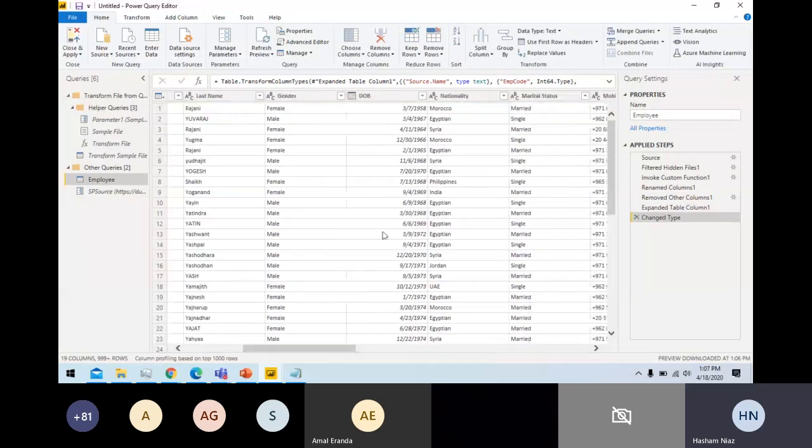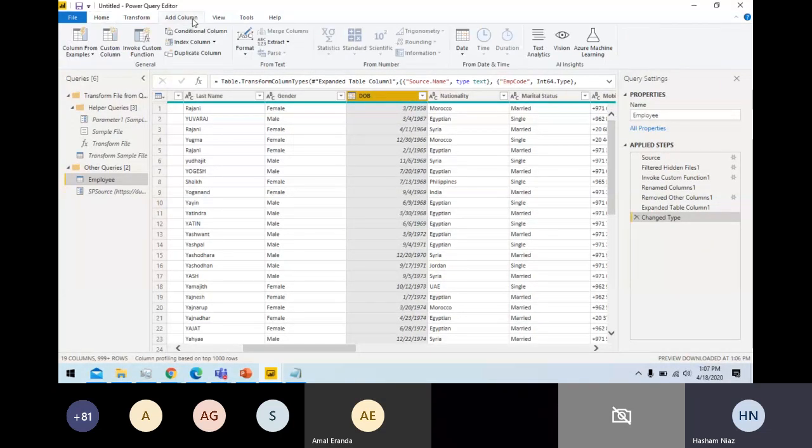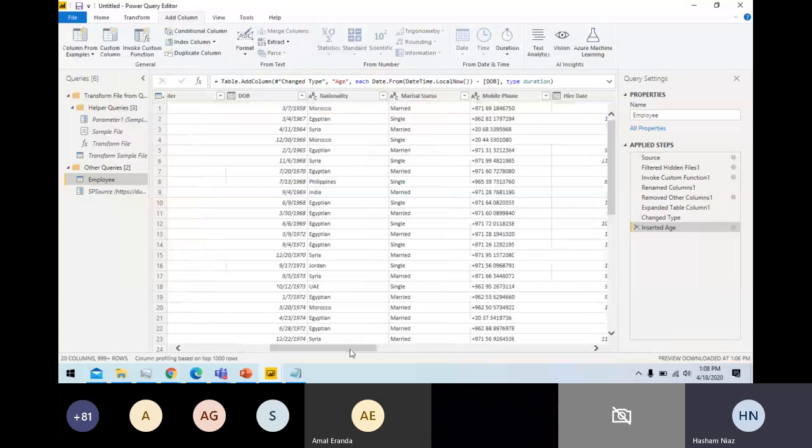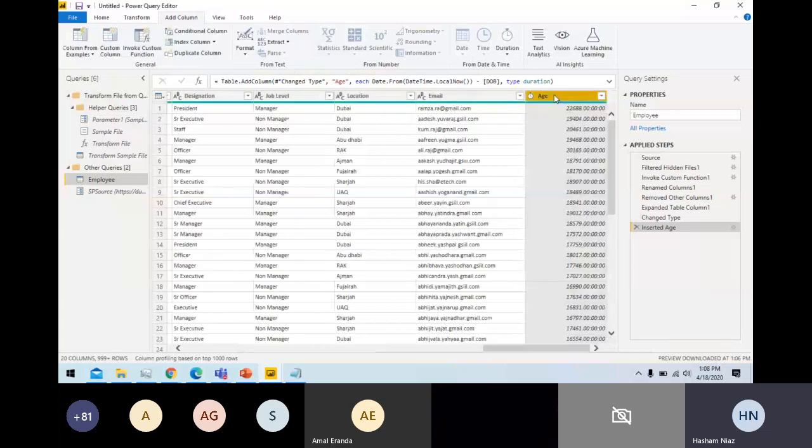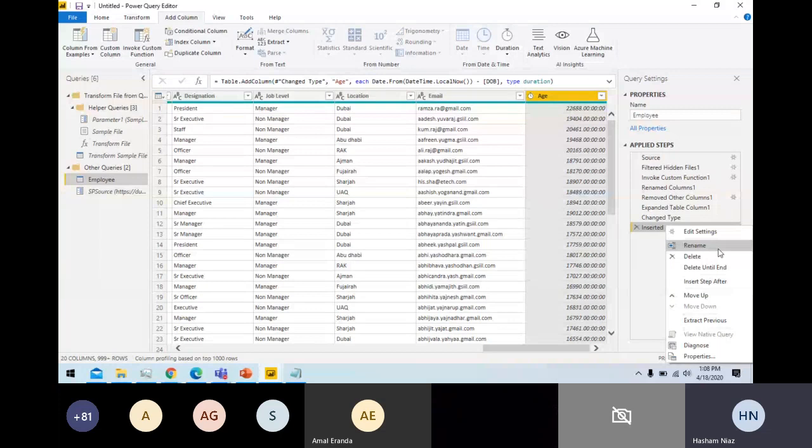In my sheet I have the date of birth, so from this date of birth I can calculate the employee age. How can I do it? I click add column and calculate age. This will create an age column in my model. Let's rename this, because it is showing the age in total days.